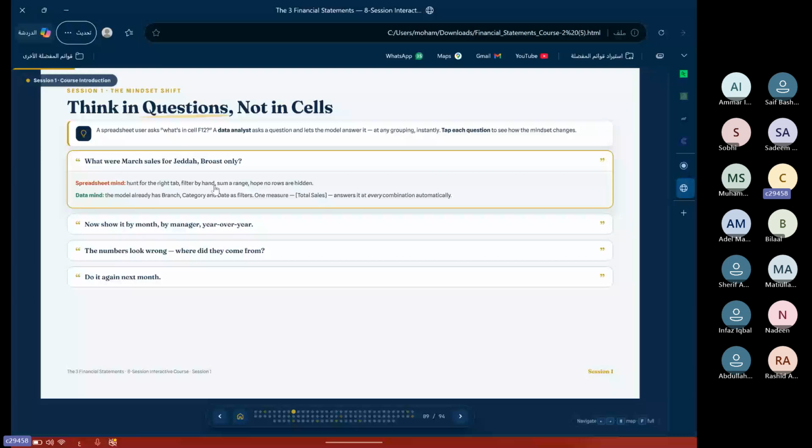If we build this data model and we have everything in a database and everything is good, you will build one measure called total sales. This measure is in DAX, so don't worry if you don't know this terminology. We will get to it. It's like a formula. We will use it as total sales, and we have a lot of dimensions. So whatever question your manager or anyone asks you, you have these dimensions. If he says, I need it by branch, you only take your branch and put it, and you have your data. I need it by category. No, I need it by manager. Whatever he asks, you will have it by one click.